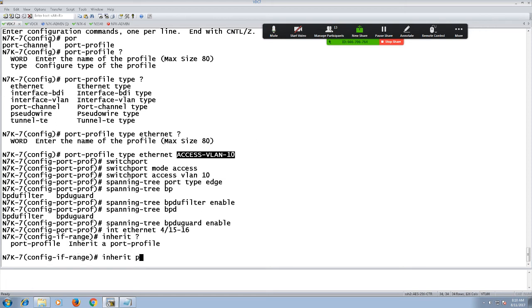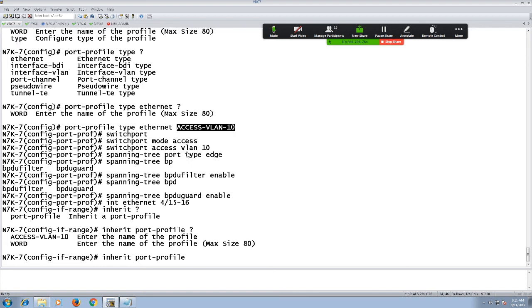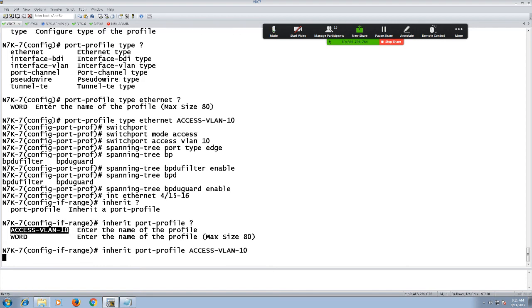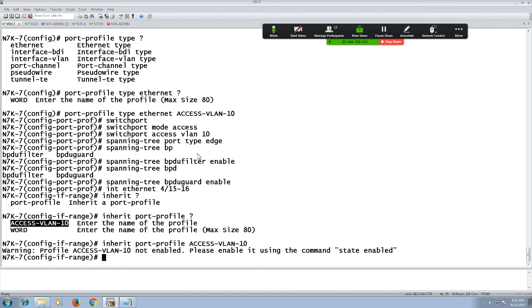Now if I have to implement this configuration on multiple interfaces, like if I go to interface /15 to 16, I will just write inherit port profile and the port profile name, which was access VLAN 10. All this configuration which we have just written will be implemented there.